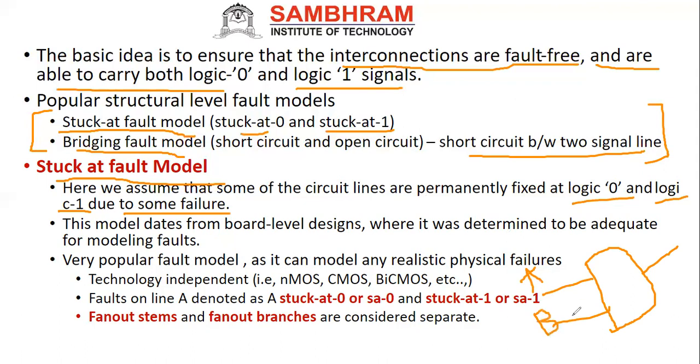What I'm going to check is, think about this B as stuck at 0. Stuck at 0 means what? B is permanently connected to ground, but you cannot view this physically. It's not physical, but internally it is connected to ground. Now when you apply A equal to 0, B equal to 1, I may get the AND gate output 0 only. But when I give A equal to 1 and B equal to 1, I won't get the output as 1, I will get 0 only.